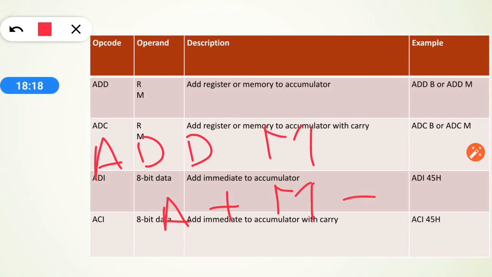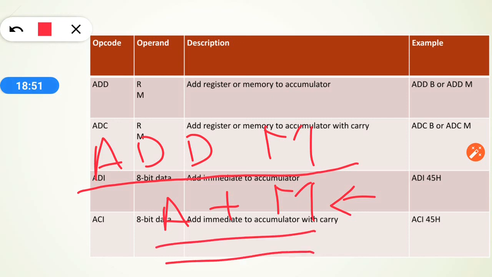And whenever we are using this letter M, we have to store a 16-bit unique address in the HL pair, right? So how to store? You can use the LXI H command, then a 16-bit binary number. But here we are using the hexadecimal system, so that means a 4-digit hexadecimal number, right? So only at that time we can use M. So whenever I write the instruction ADD M, it means A plus M, right? And the result of the addition is again stored back to A after addition.